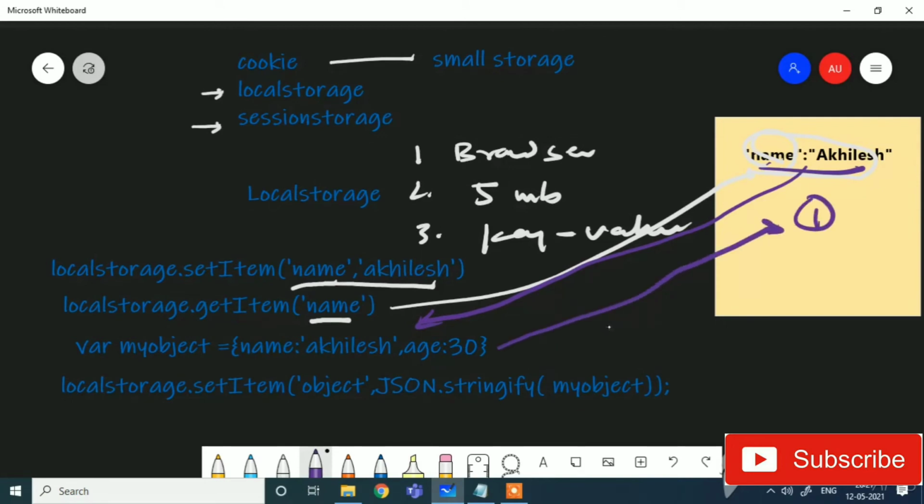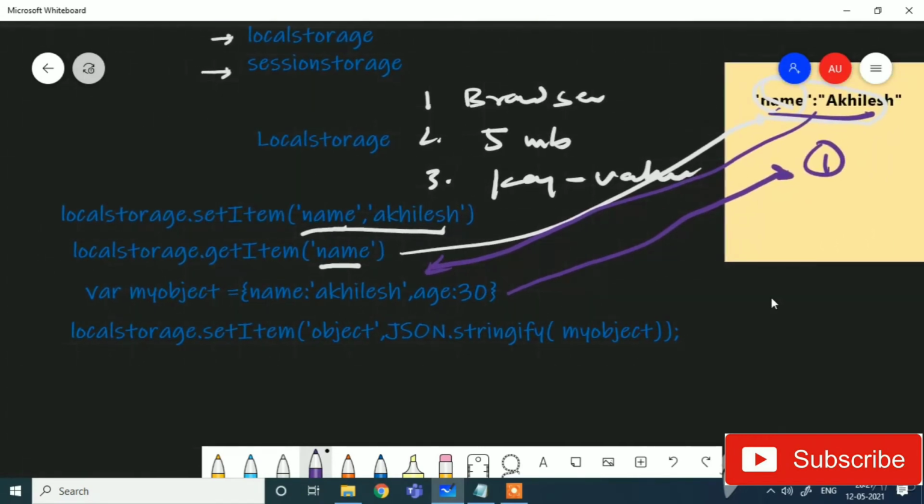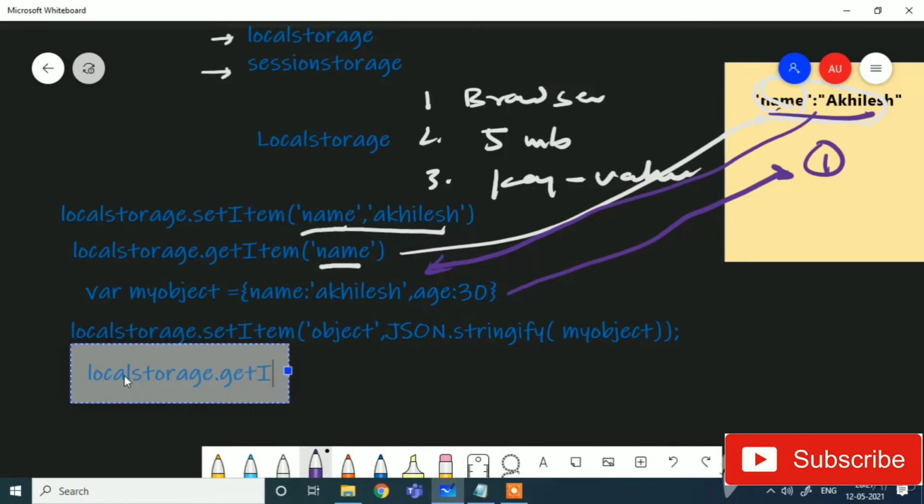And how can I get it? Whenever I want this information, it will give it with the help of key. Let us check the syntax for it: localStorage.getItem, and now here I have to send the key, which is object in my case.